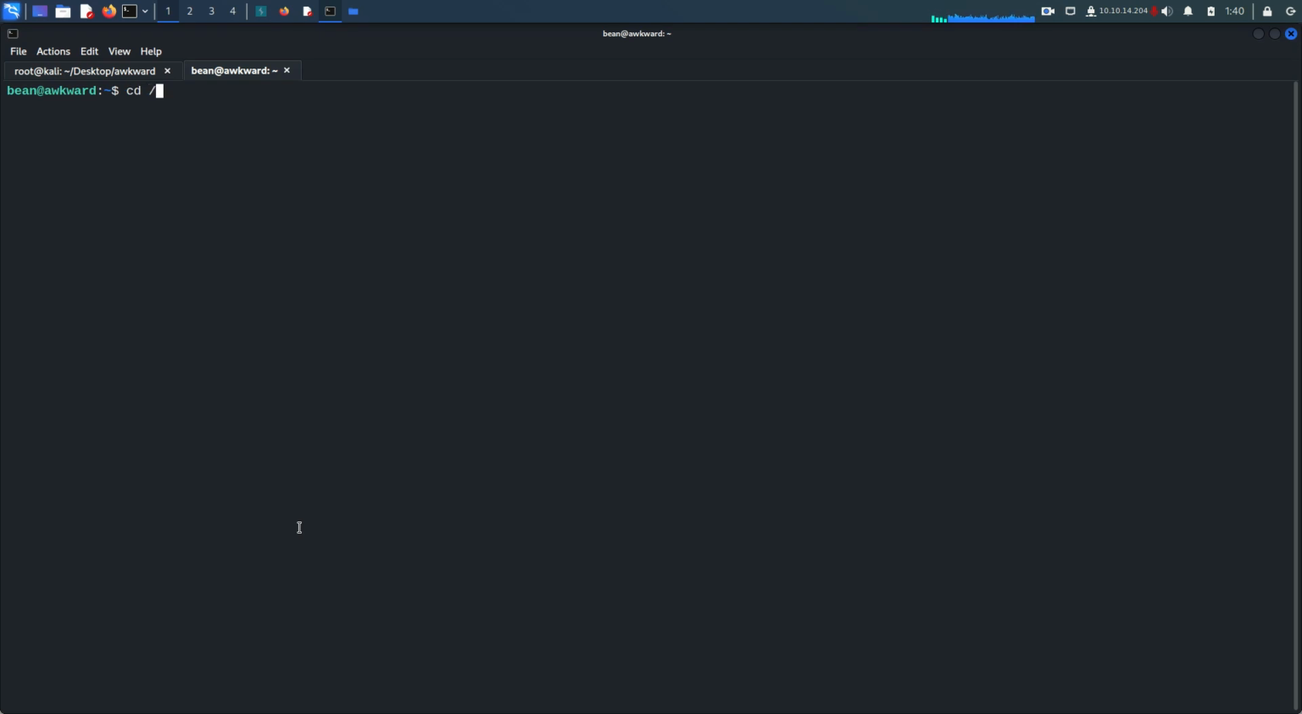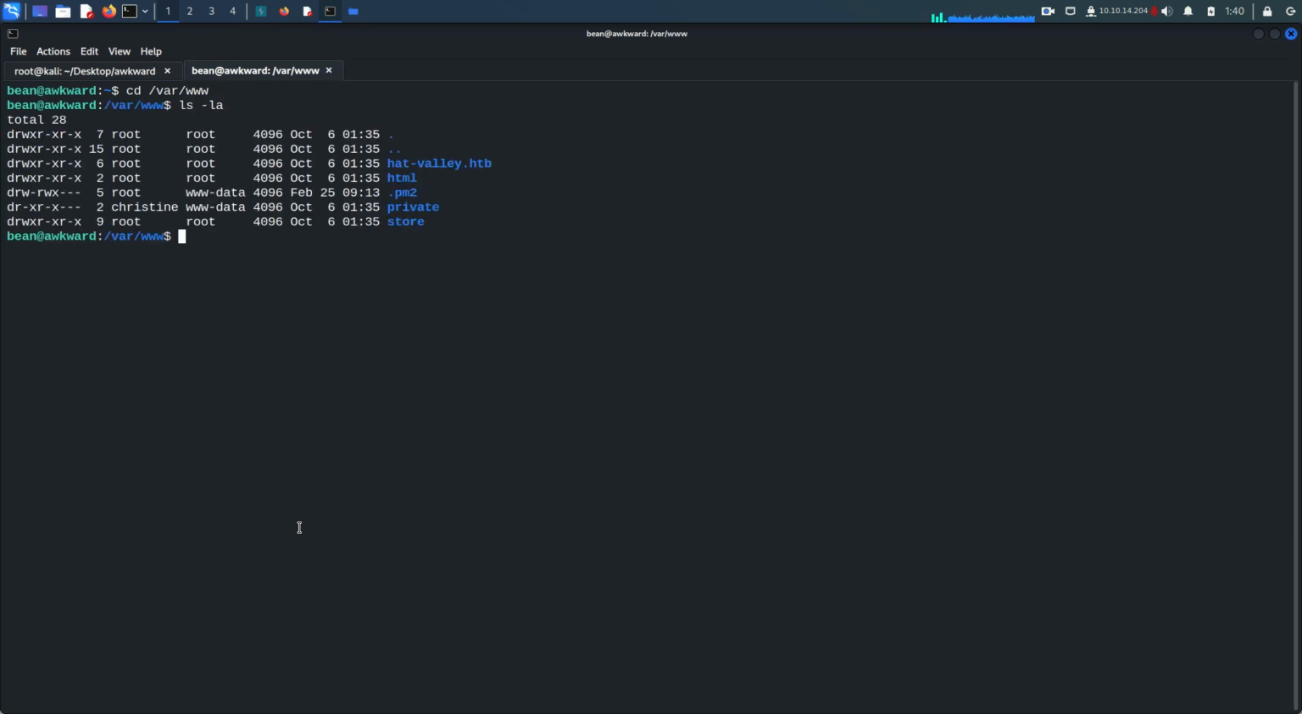Let's do ls -la, and there are a few directories. The first one is hackthebox, which we already saw. We found some vulnerabilities and weaknesses in the logic, and we already exploited that. The interesting part here